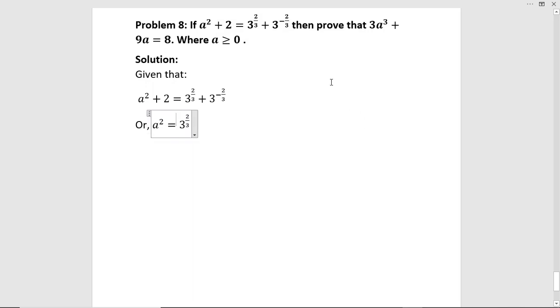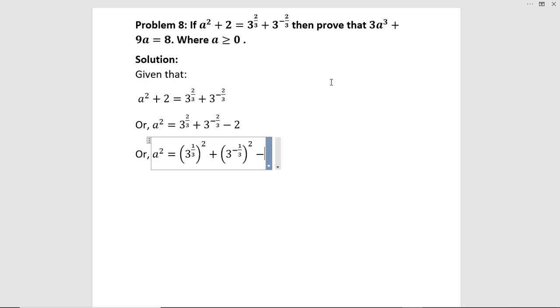A square equal to 3 to the power 2 by 3 plus 3 to the power minus 2 by 3 minus 2, or a square equal to 3 to the power 1 by 3 whole square plus 3 to the power minus 1 by 3 whole square minus 2 into, we can write 3 to the power 1 by 3 into 3 to the power minus 1 by 3. So this 2 was given, so we have written 2, and as we want to put it in a formula,